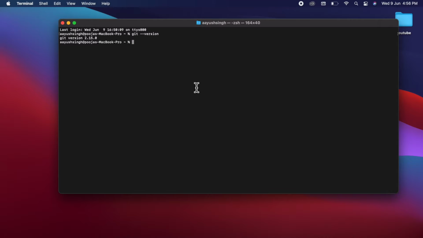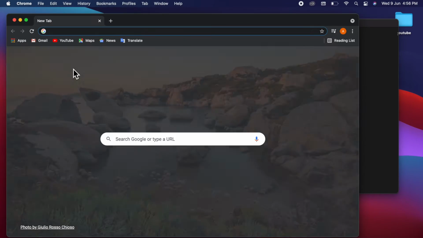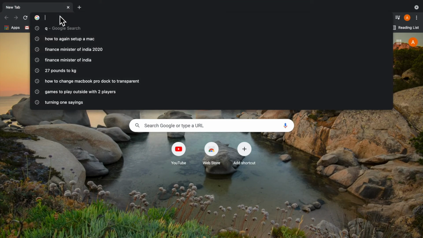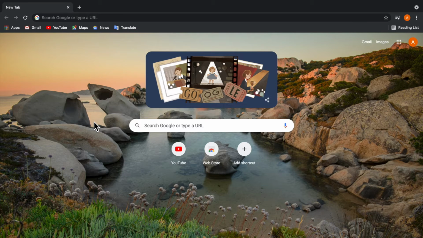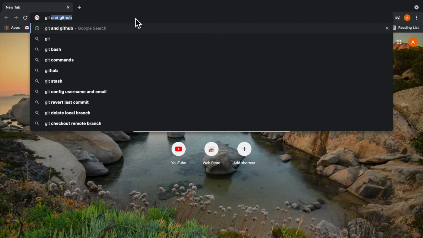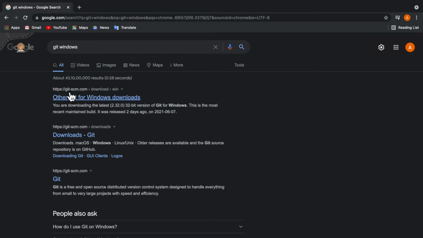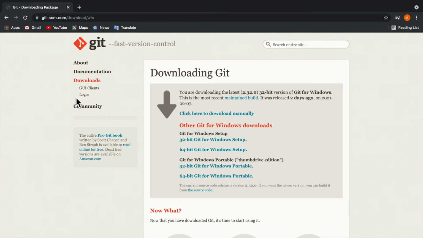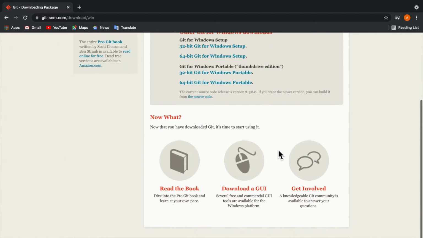Now let's discuss what you can do when you have a Windows machine. I'll open Google Chrome and search for Git Windows, simple. Here it gets https git-scm. Just go ahead and click here, and you can get the detailed options. This is 32-bit and 64-bit if you have a Windows machine, but I'm a Mac user, so